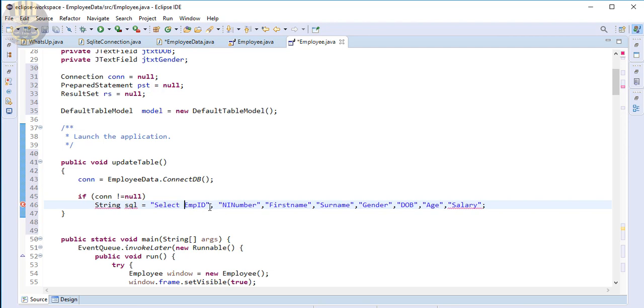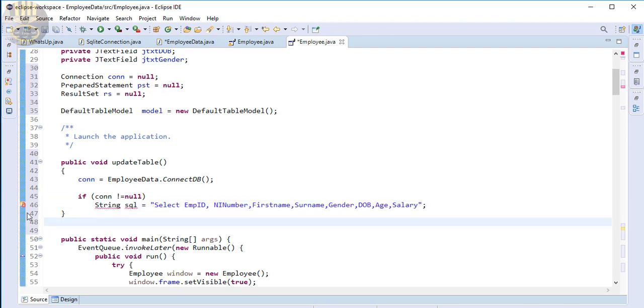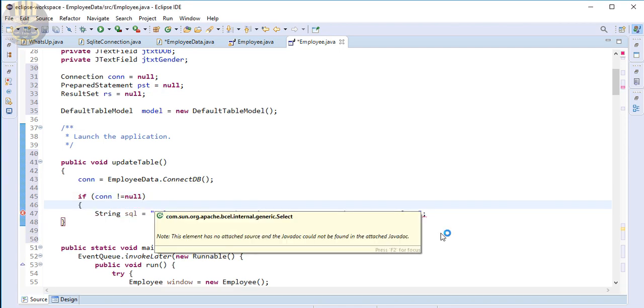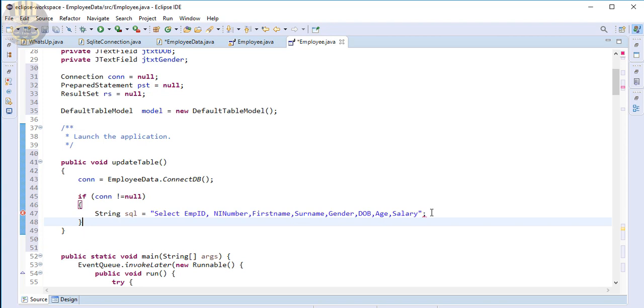Okay. So the first one is that. Get rid of all of these and just leave. Okay. There we go. But we have a problem here. Alright, let's take care of that. I think it's meant to be curly braces there. There we go. Yeah. Now, the next thing we need to do is I'm going to make use of try